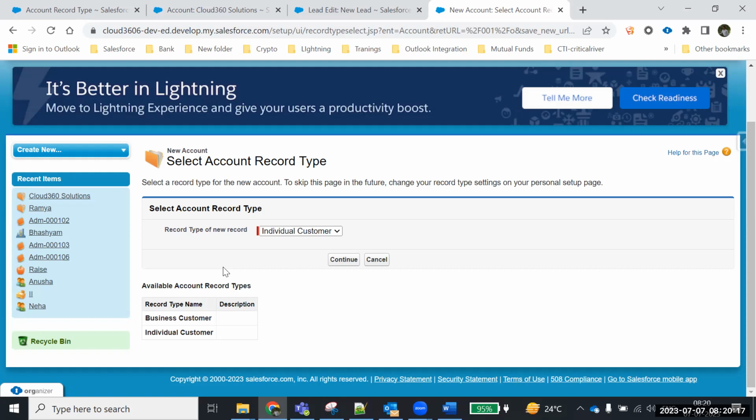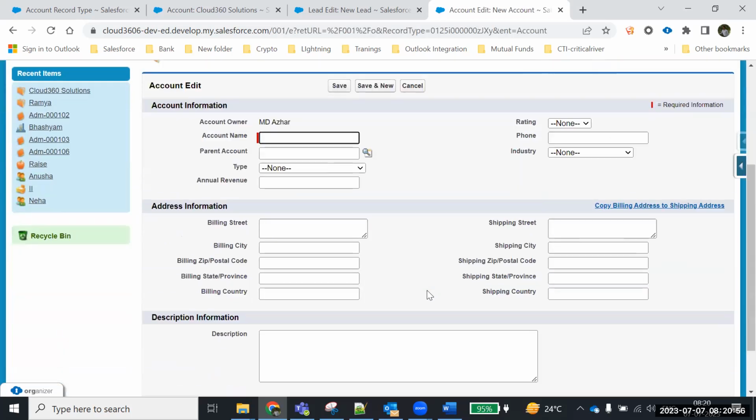By looking at her or by taking some information, the showroom guy decided that, okay, Ramya is an individual customer. She is not a company. Now he will decide here itself whether the customer who came is an individual customer or a business customer. He will take confirmation, and if Manasa is coming, he will decide, okay, you are an individual customer. So he will select individual customer here. Okay, and then when he or she clicks on continue, then see here,